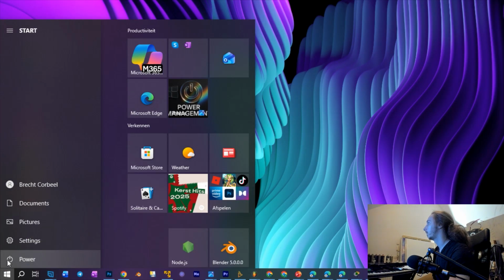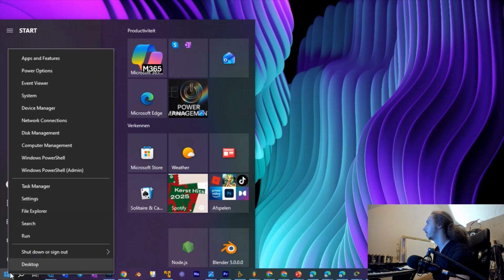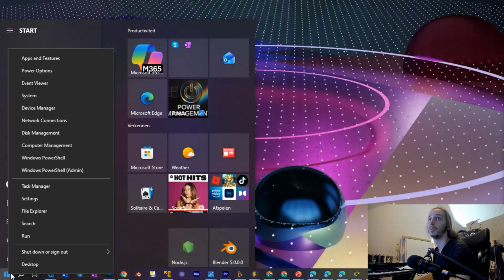Okay, so I decided that I am currently going to record this by mainly starting with system and then device manager, because those two kind of build on top of each other. You can go from system to device manager, and what I will be doing is event viewer will be a later episode or a later